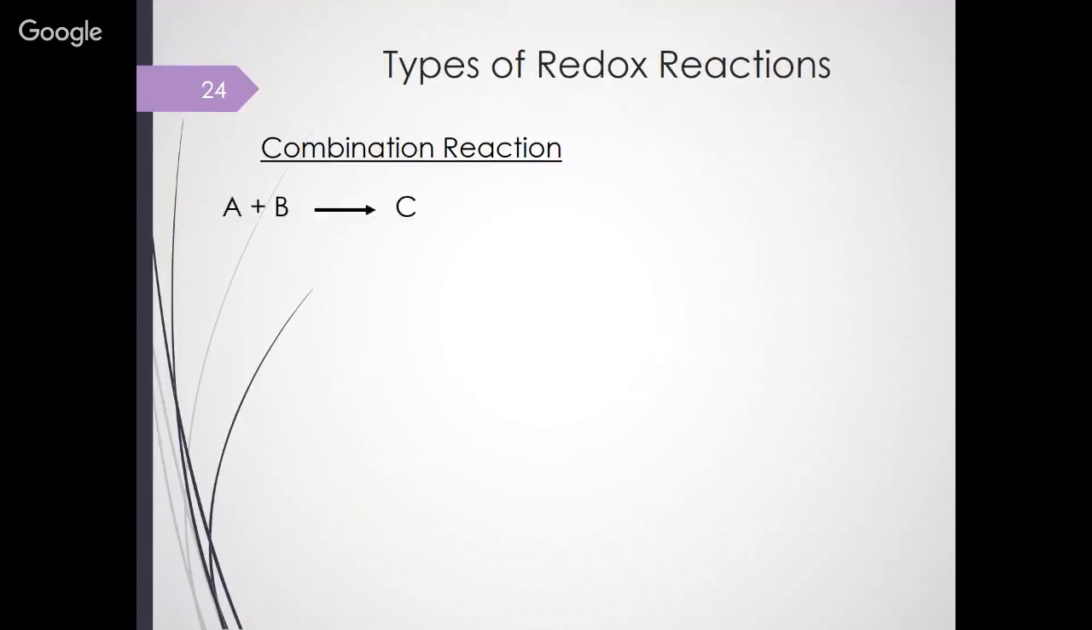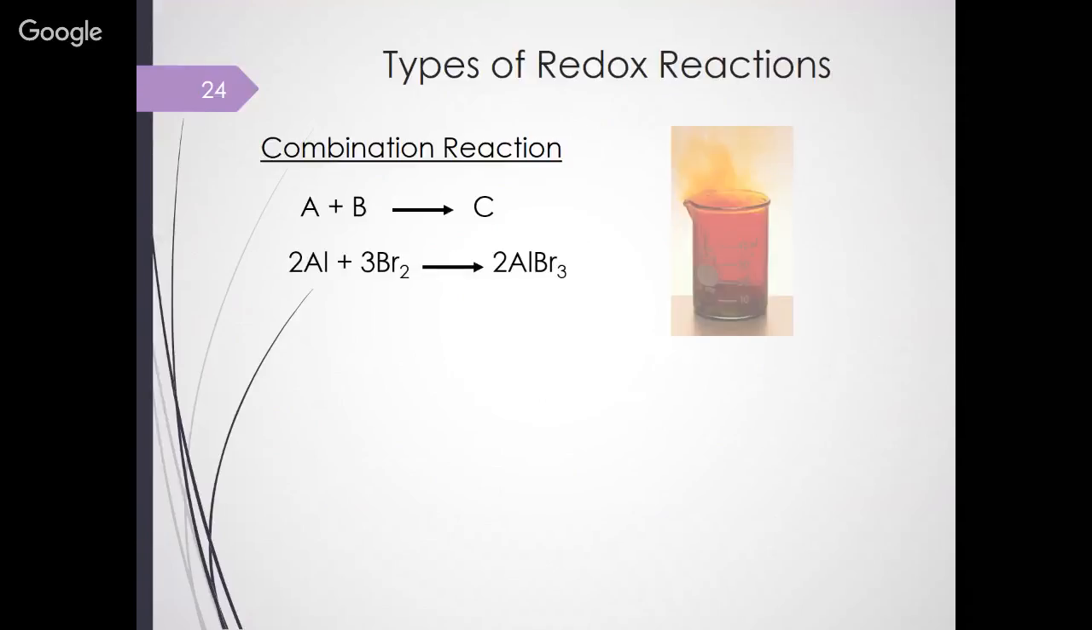Some other types of redox reactions are what we call combination or synthesis reactions. So we start with two things that are alone and we form something new. So aluminum, a metal, reacts with bromine, a nonmetal, to form